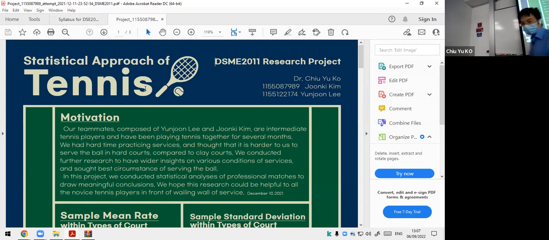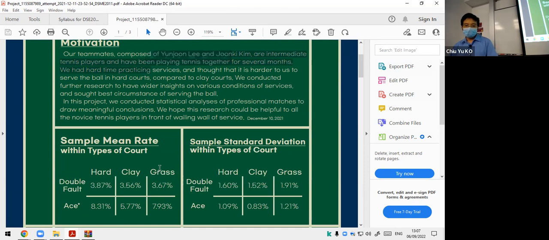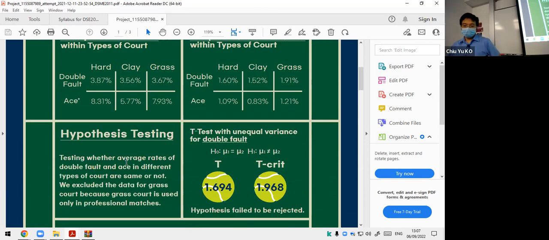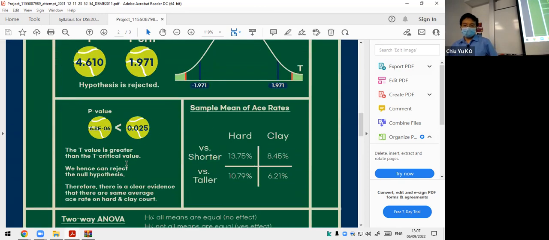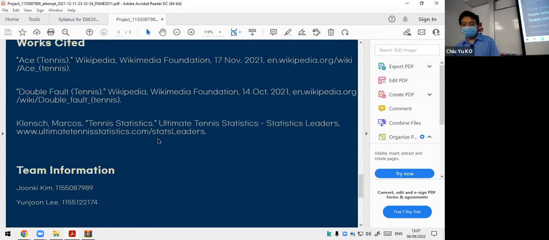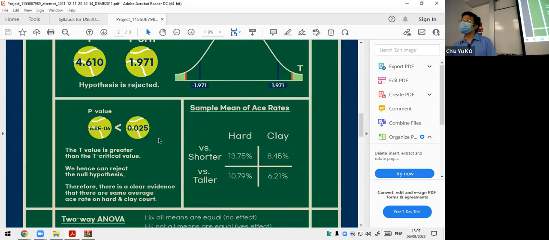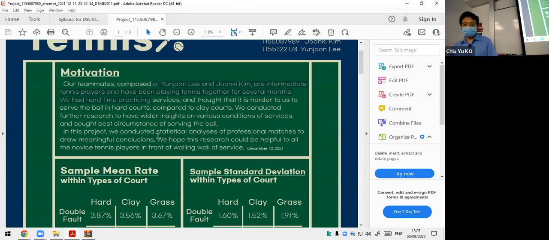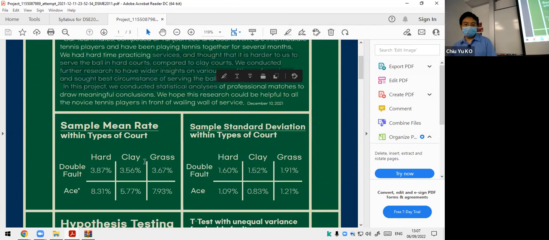Suppose in this one, they look at intermediate tennis players, who want to play tennis and try to see whether different types of courts could make a difference. So they do some t-tests and check the result. Within the page limit, they have a 4 page limit, but they use 3. So you don't have to go over that, but you can see they designed this very nicely. It's not something very difficult. They conduct some data collection and do the analysis.